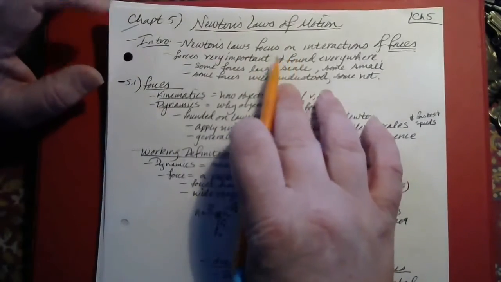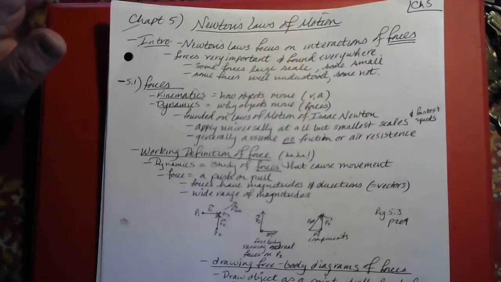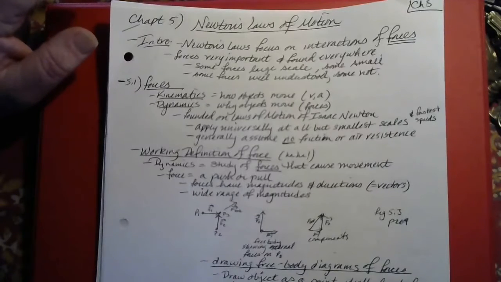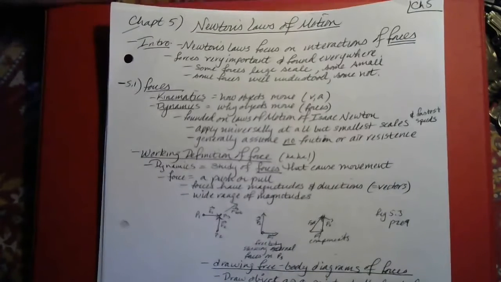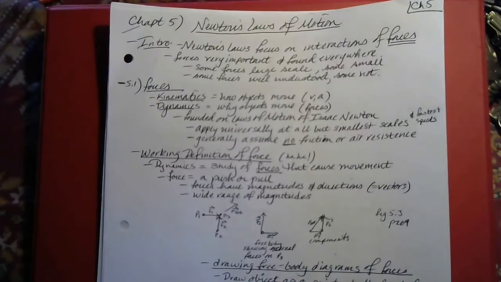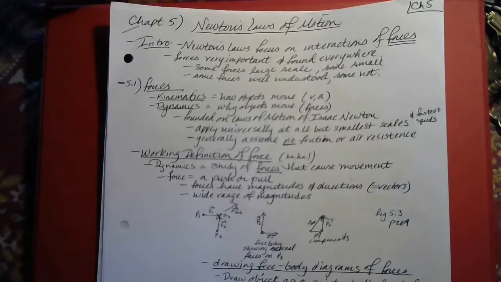Okay, so just as a basic introduction, Isaac Newton formulated his laws of motion around, well, actually, his main book that set forth his laws of motion was published 333 years ago in 1687. And his work has stood the test of time. Newton's laws of motion and the equations that he came up with to describe motion are still considered valid today, and they're still used all the time in physics and engineering,